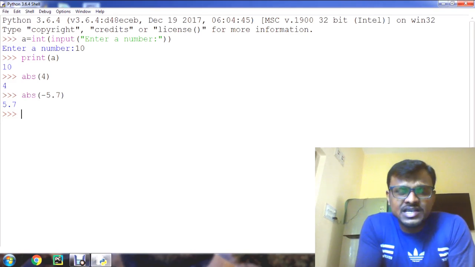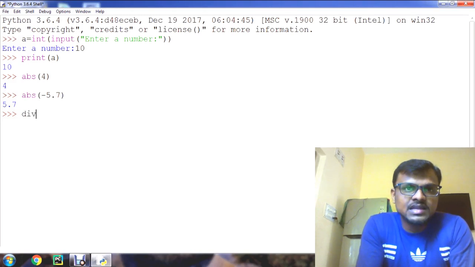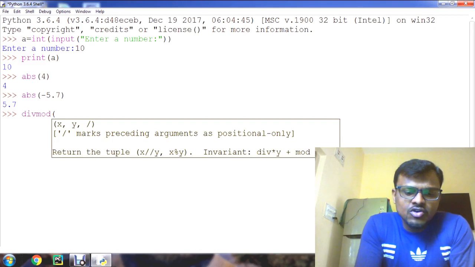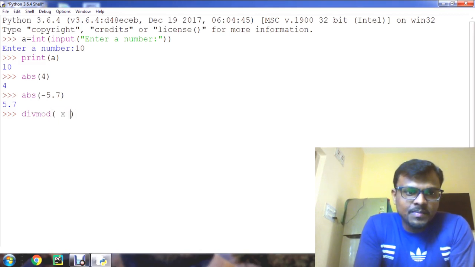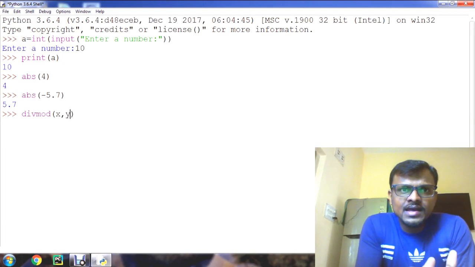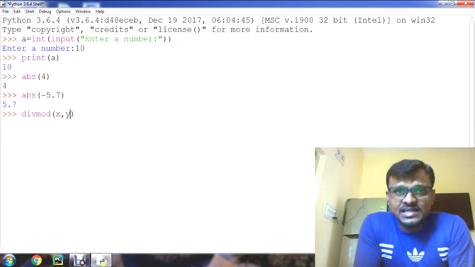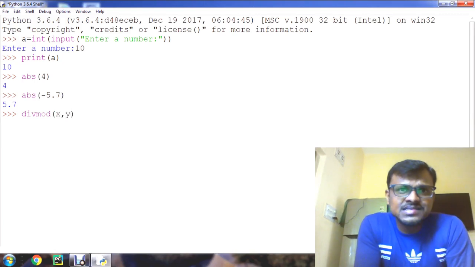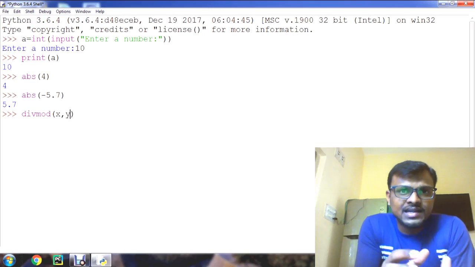The second function we can use is the divmod function. In the divmod function, it takes two arguments, x and y, where x and y are integers, and it returns the value in the form of a tuple.